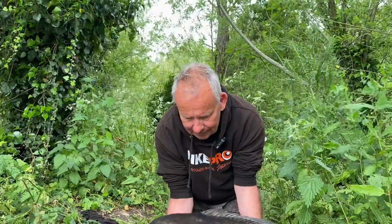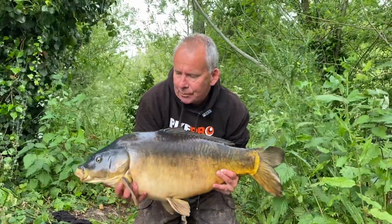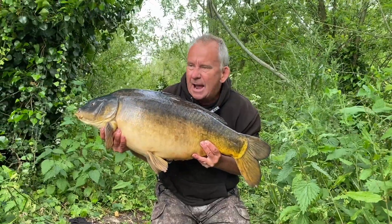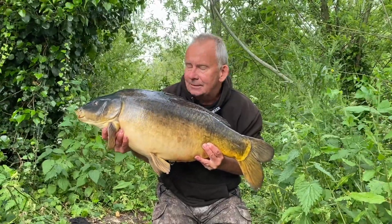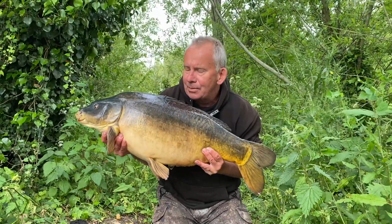We got down late last night, bank holiday weekend. We thought we'd turn up and everyone would have gone home. Put the rods out last night, not a lot happened, a couple of drop backs. Chris had a screamer this morning about 6 o'clock. He had a personal best tench of